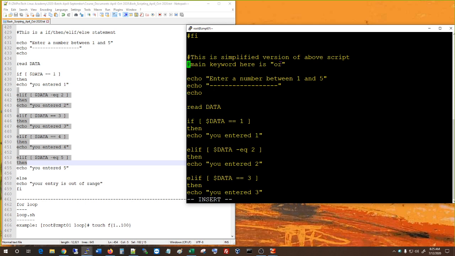Keyword is or. If this is true, do this. If that is true, do that. Not both. So let's see here. Instead of doing this,